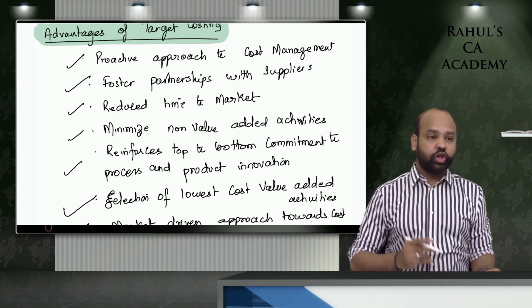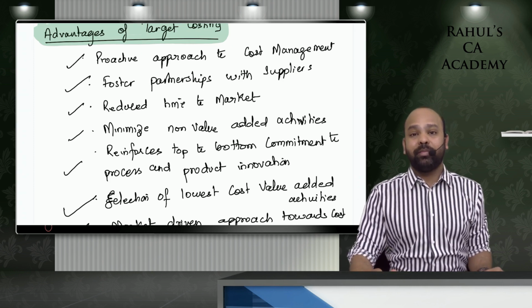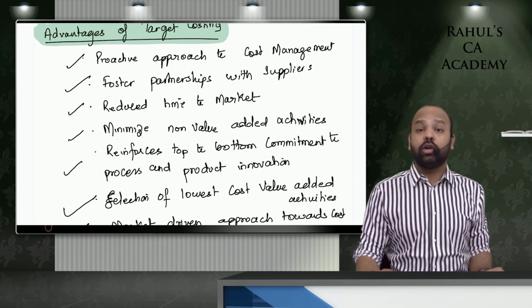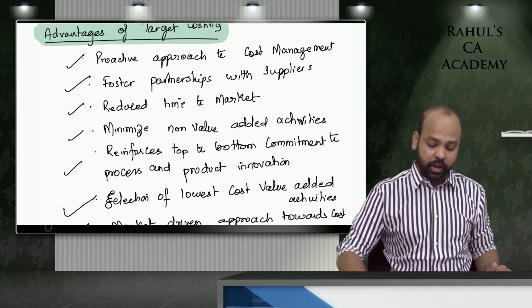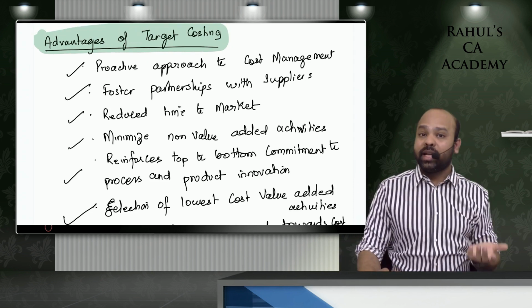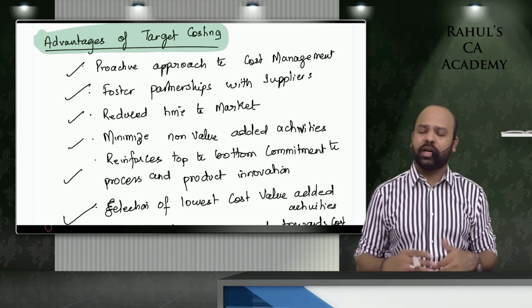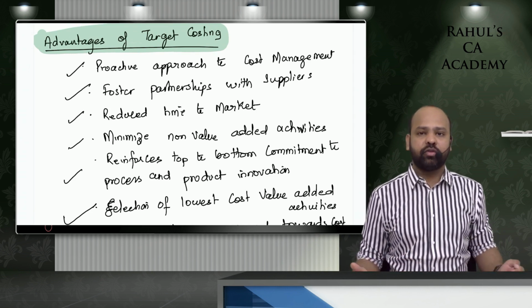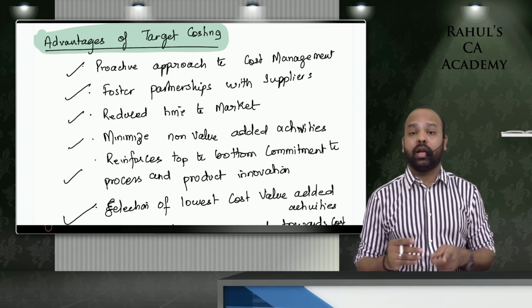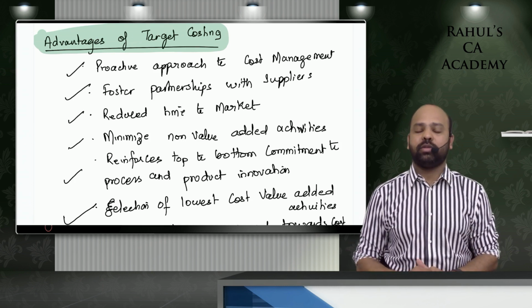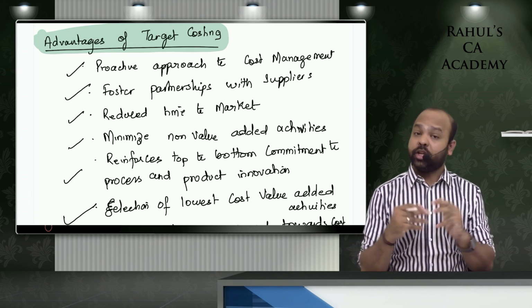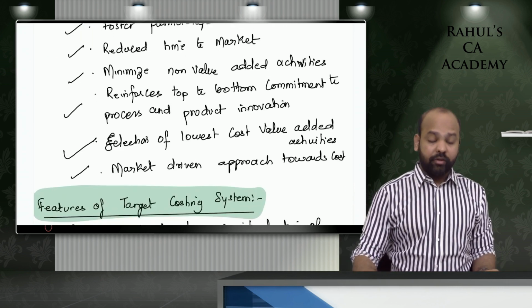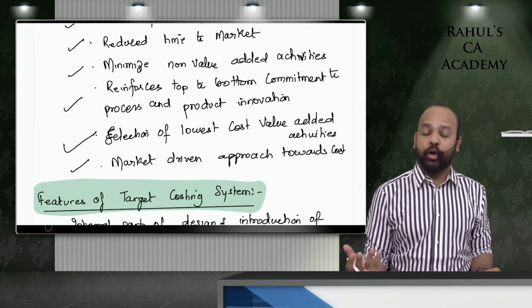Market driven approach. You are targeting cost reduction based on what the market wants, not what you want, in the modern business environment. So I hope you've understood what are the advantages of target costing. Most important advantage, you're reducing your cost per unit. How are you doing that? By partnerships with your suppliers, eliminating non-value added activities, value added activities at the least possible cost. You're being proactive in your approach, for which you will be paid off in the long run. There will be top to down involvement of all employees in cost